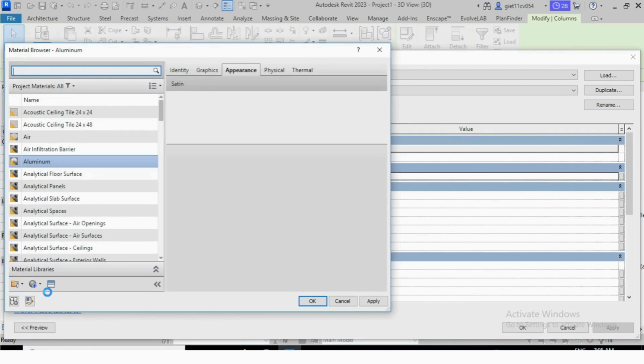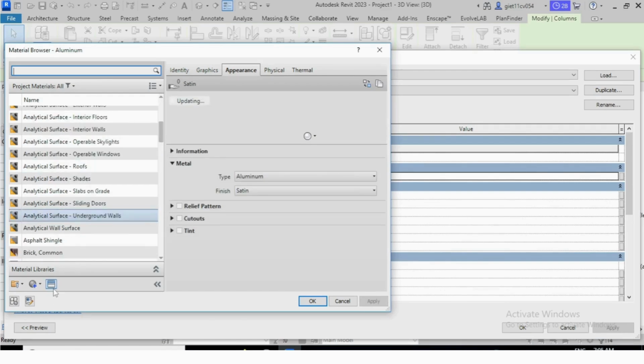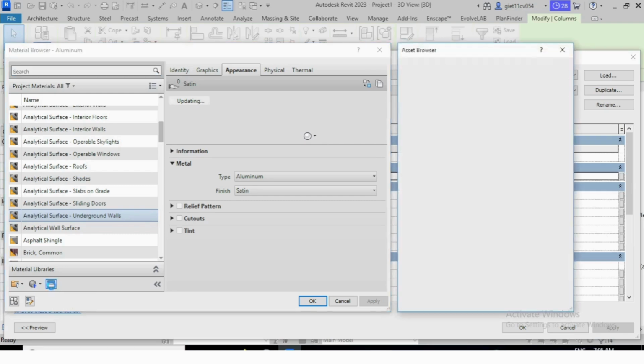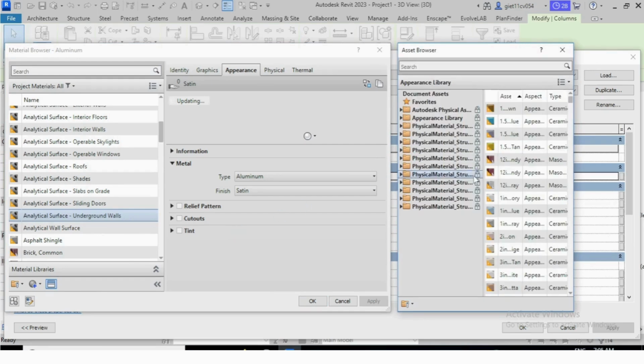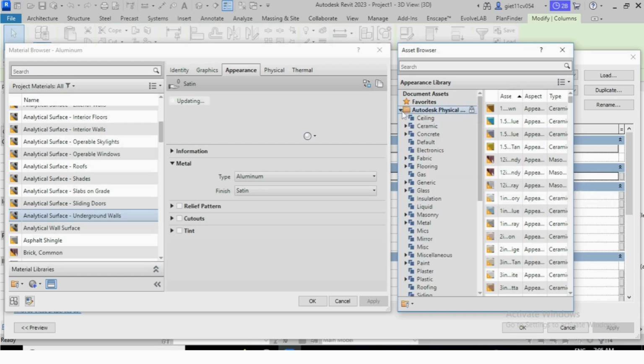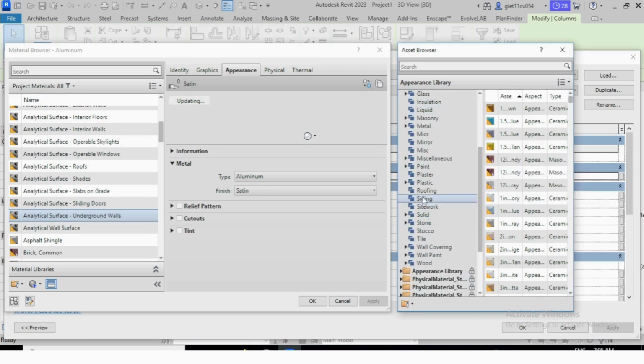Suppose you want a different one from this list, so for that you have to just click here, you will see open and close asset browser. So click here, you will see lots of colors. Suppose you want to choose the color from here, click here and let's go in metal.